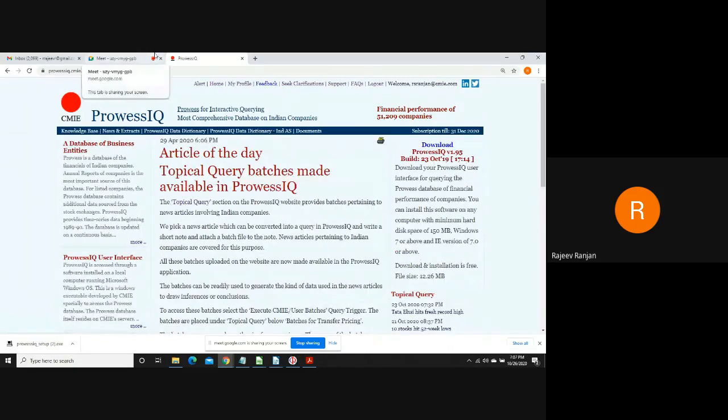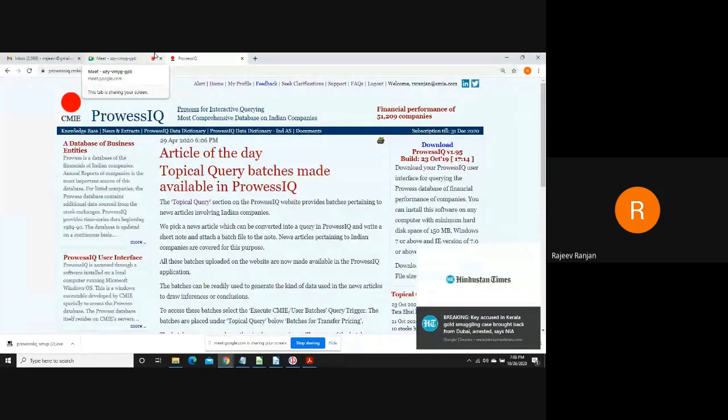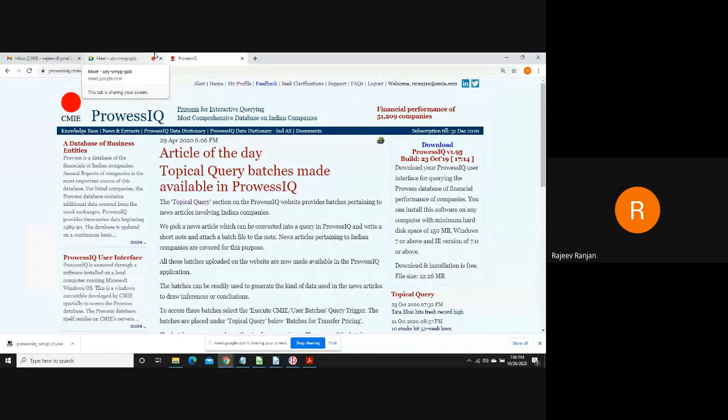Provis IQ is a database on 50,000 companies. As Krishna ma'am rightly said, this is the largest database on Indian companies, which covers not only the listed but also the unlisted and private limited companies. The basic background of Provis is the source of the information. The advantage is that there is only one source of information for Provis, which is the annual report of the companies. Indian companies give very great disclosures in the annual report. So we look at all companies in the registrar of companies and see which companies can become a part of Provis.